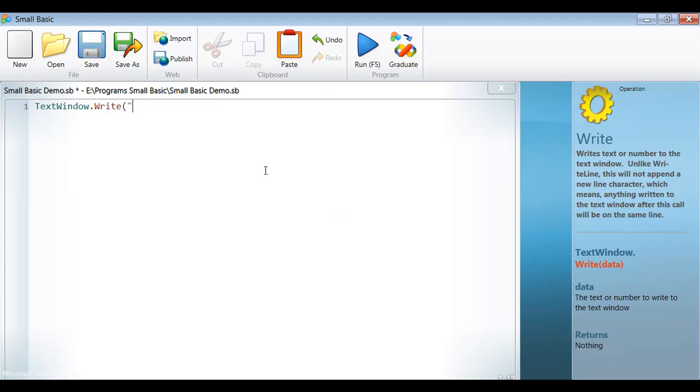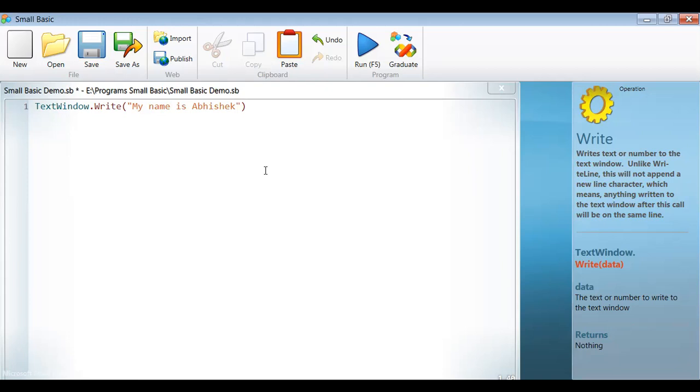We will start writing the code. My name is Abhishek. This is our message we have to display, and then we will close the bracket. That means this is the first line.